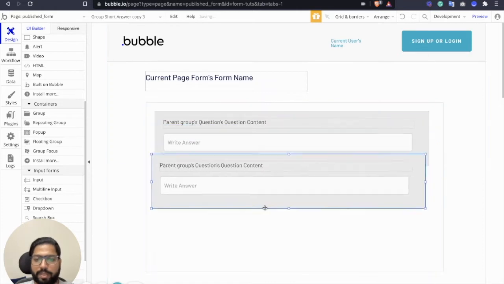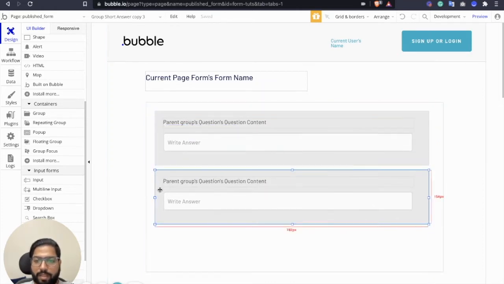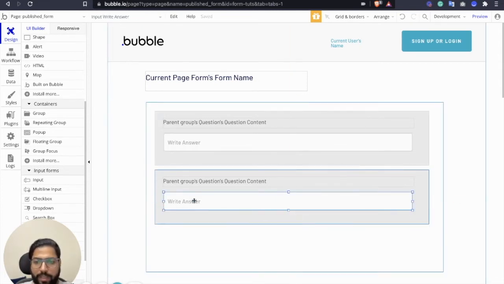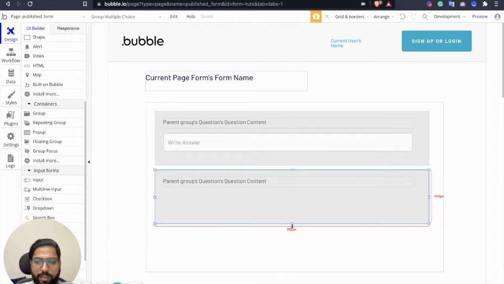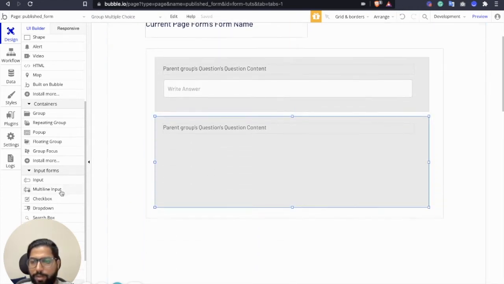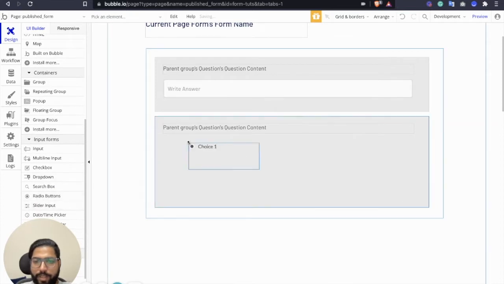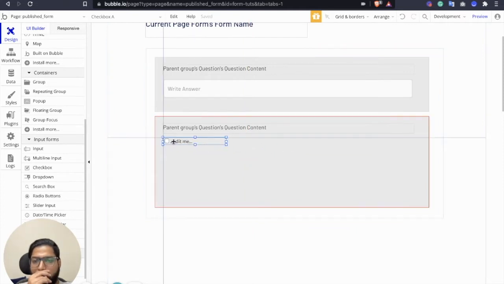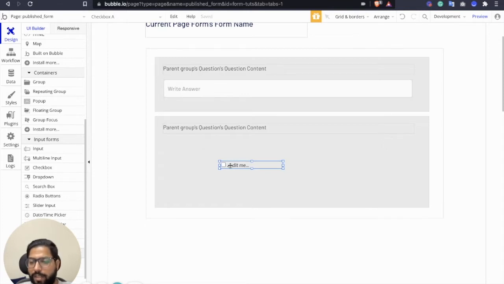Now we're going to copy paste this and rename this to multiple choice instead of short answer copy. And here, instead of writing the answer, I'm just going to delete this, increase its height, and say, okay, radio button. Let's keep it checkbox for now. We are going to allow users to select multiple values as an option. So before this, we're going to have